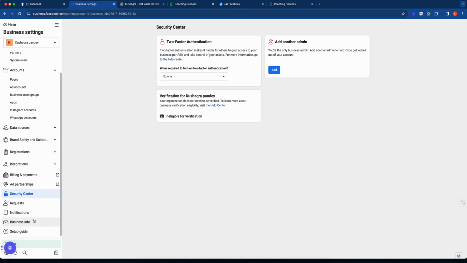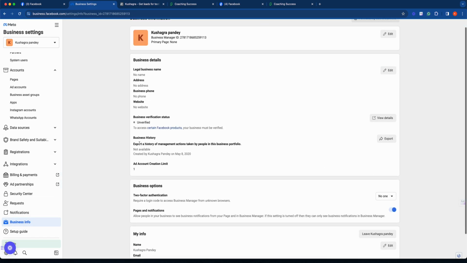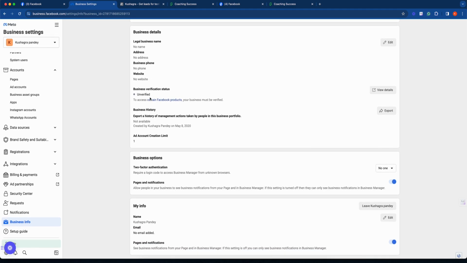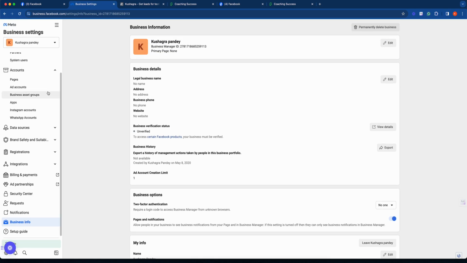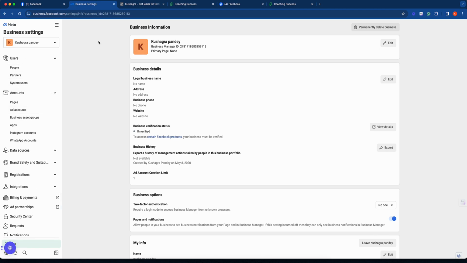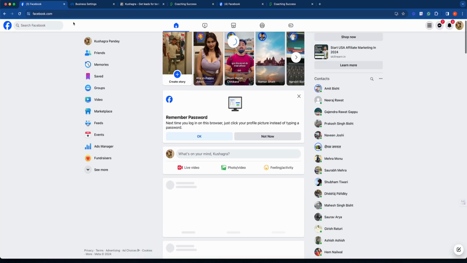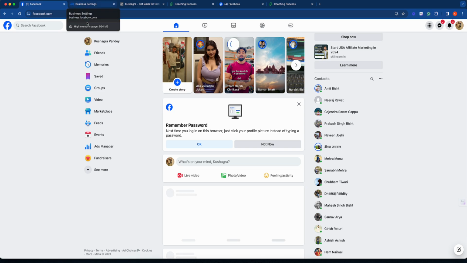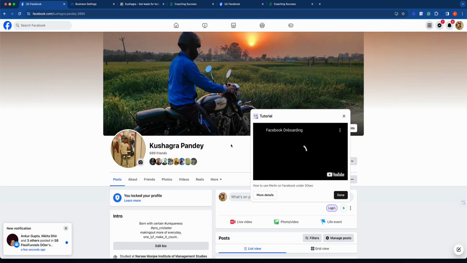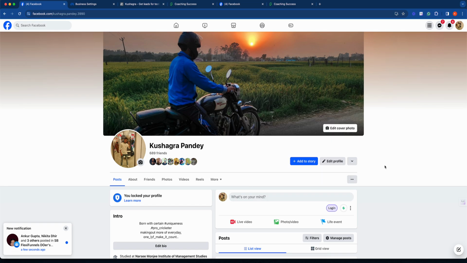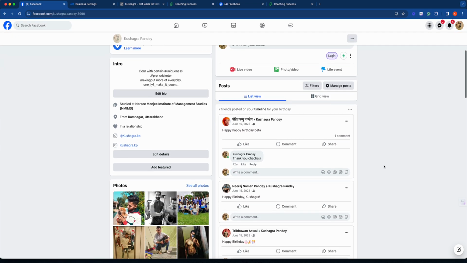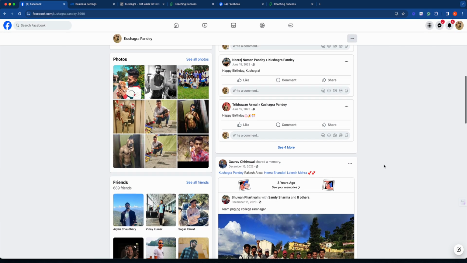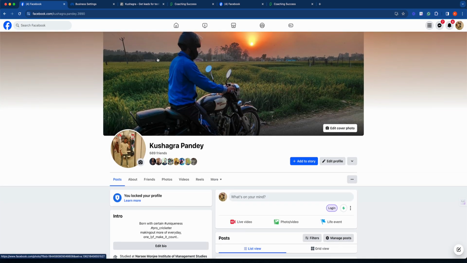Okay, business info. If we have any business info, we'll add it. Right now I'm continuing this as if this is not a legal business. We are just as a starter, the first person who is starting. Okay, so I guess we are fine. We are able to run the ads without any need of any GST or anything, or even setting up a business or anything. So this was a completely new profile that we selected. Kushagra, who is the talent manager in the company, has never done any ad before, and from his profile we were able to select this and do it. So I guess we are good.